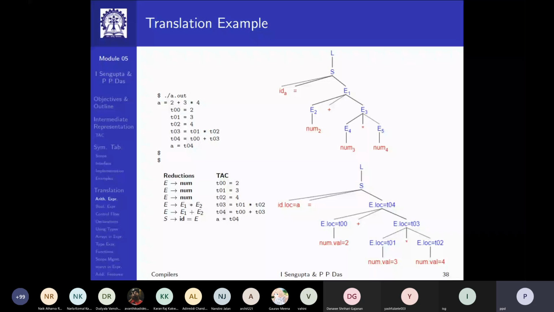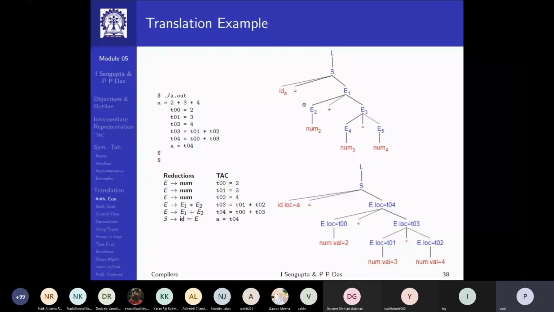What is the order of reduction? Because it is bottom-up parsing, if you traverse the parse tree in a depth-first manner, left to right, then the first time you return from a leaf node is the first reduction.